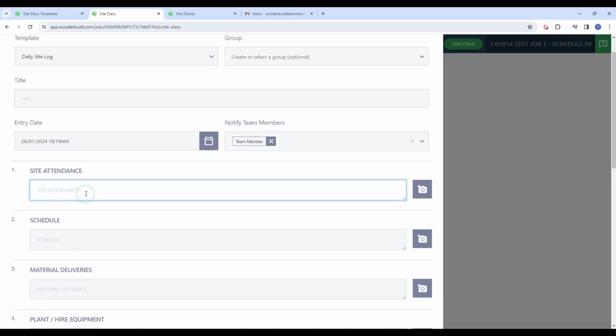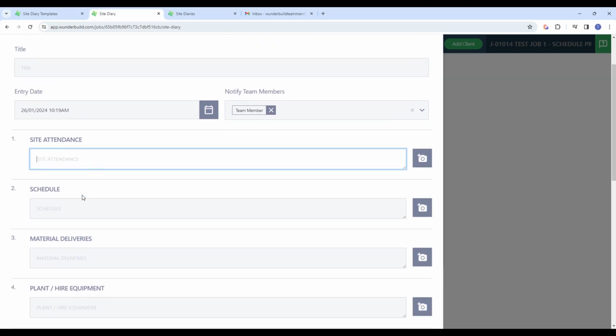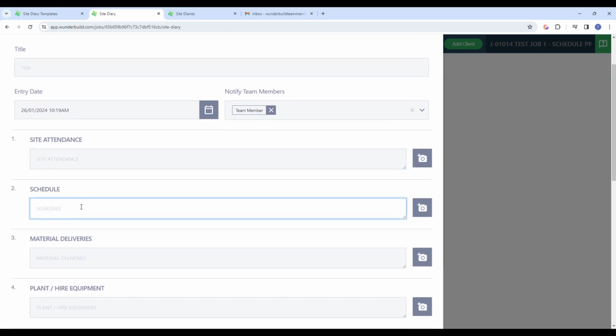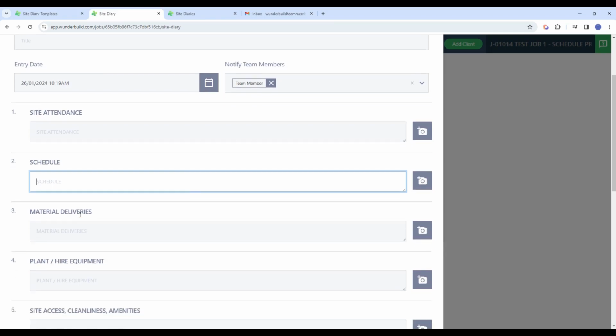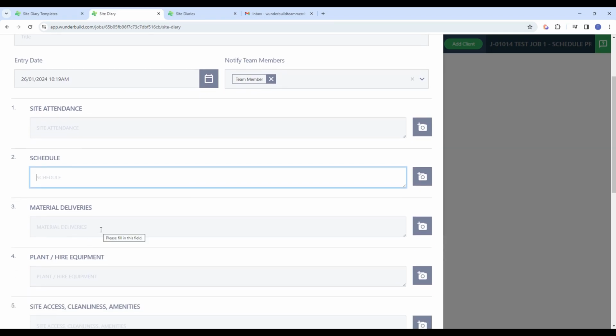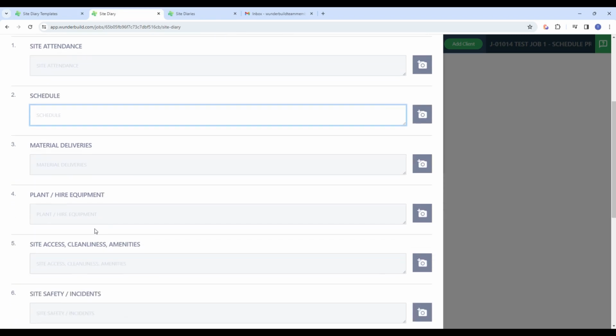So here we type in information about who's on site in terms of subcontractors or employees. Schedule, like I mentioned, relates to schedule slippages or delays or progress. So you put in information there for what's happening on site for the day as related to the schedule. Material deliveries, that's pretty self-explanatory. Plant and hire equipment, so whatever